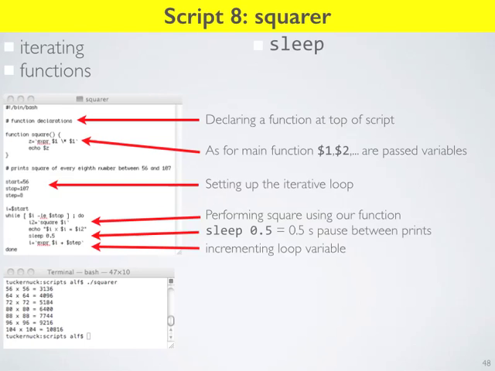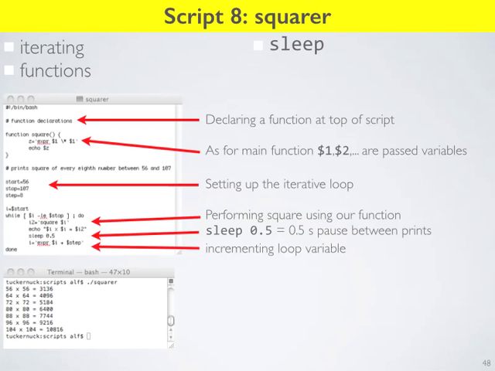So we're setting up the iterative loop. We're going to start at 56, we're going to stop at 107, and our step is going to be 8, because those are the only numbers that we care about. Then we're going to enter our loop to do exactly what we request, which is to print the square of every one of those. We start with i equal to $start, so we're assigning the variable $start, which in this case is 56, to the loop variable i.